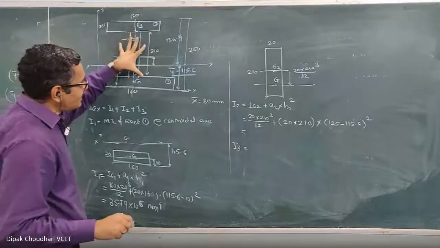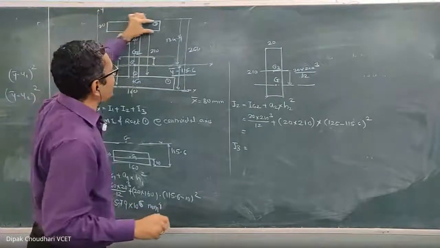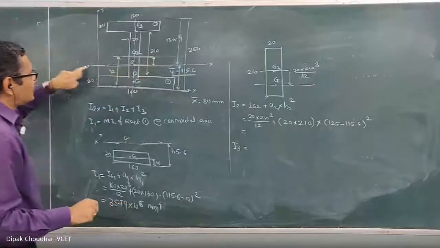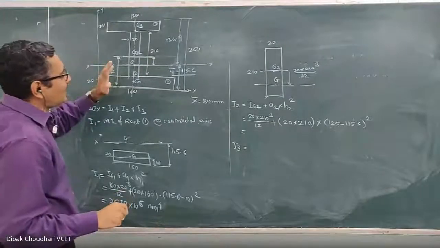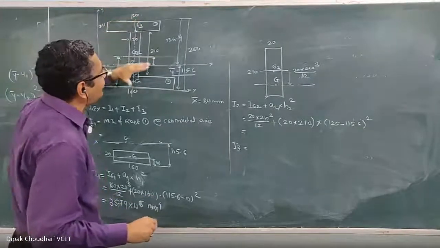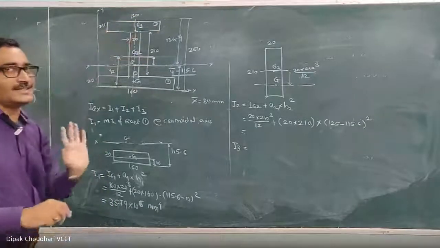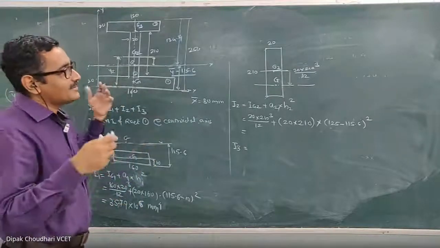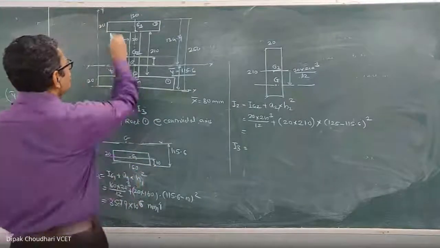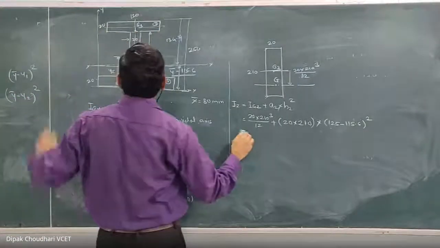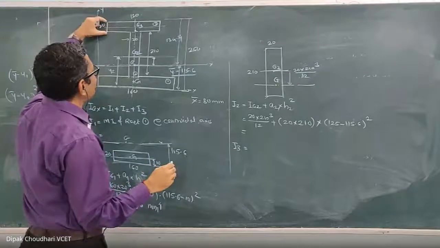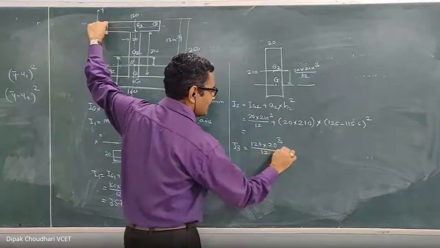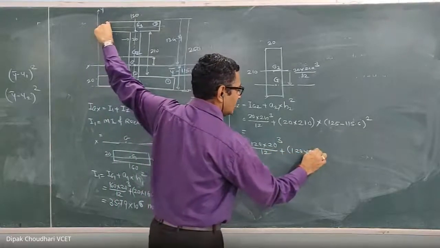This is the centroidal axis of the entire figure, but right now I am considering this area only. This is the area under consideration. For this area, this is not the centroidal axis. It means we have to find the moment of inertia of this third rectangle about an axis other than its own centroidal axis. So we can use the parallel axis theorem. In the parallel axis theorem, it is the summation of its moment of inertia about its own centroidal axis, which is bd cube by 12, cube of the side perpendicular to the reference axis. So it is 120 into 20 cube upon 12, plus area 120 into 20 into the square of the distance between